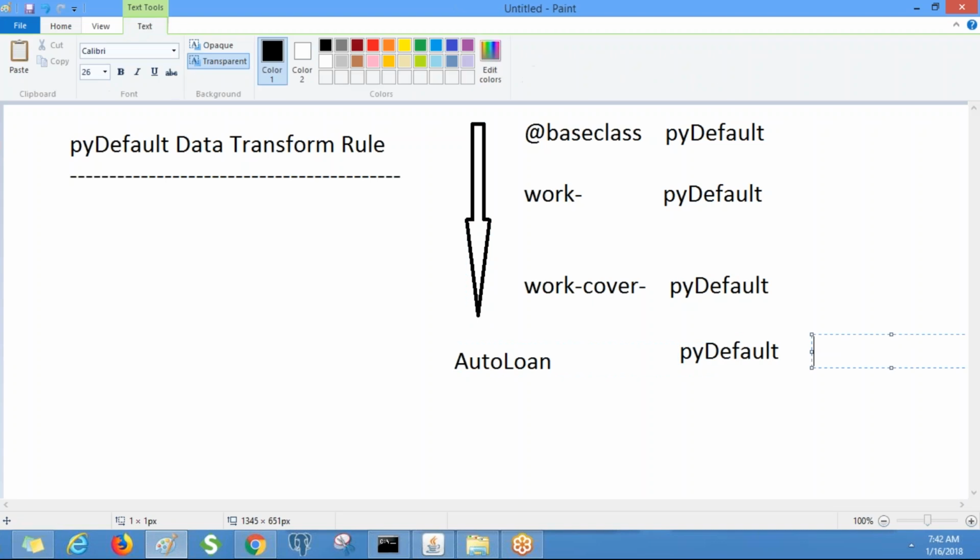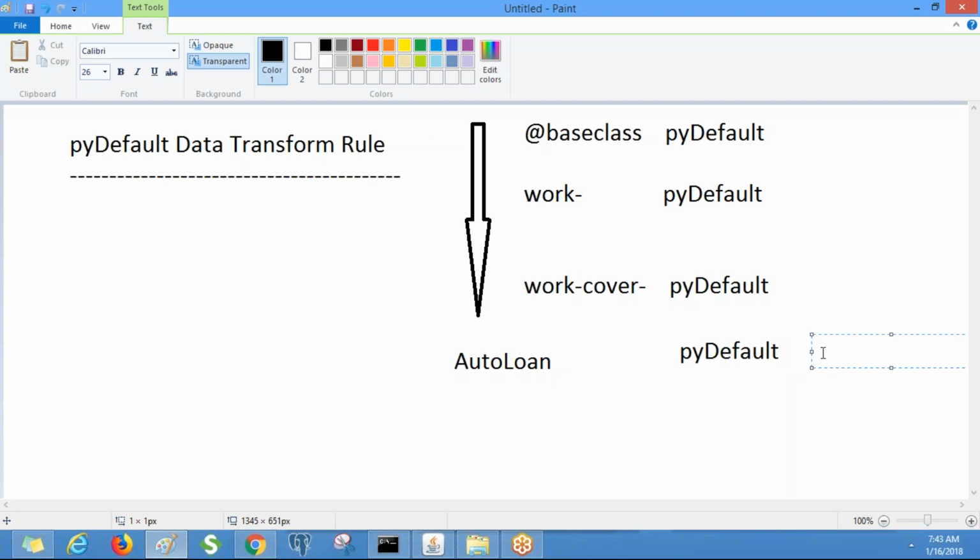Since call superclass data transform is enabled by default, it is going to identify all the pyDefault data transform rules in the parent classes. The next immediate parent class with pyDefault is Work-Cover-, then Work-, then the @base class. It will go to the topmost class and start executing from that generalized class to the specialized class.